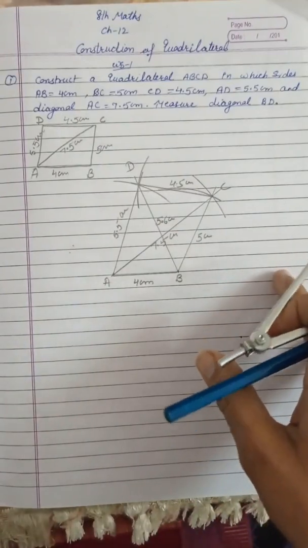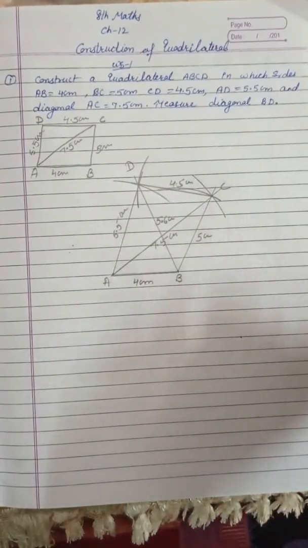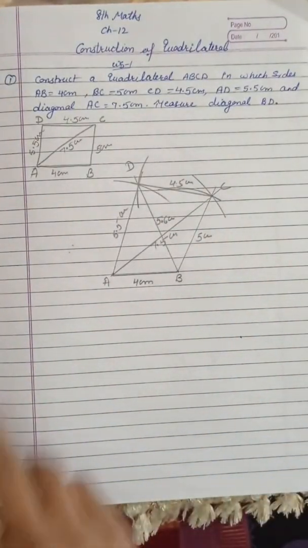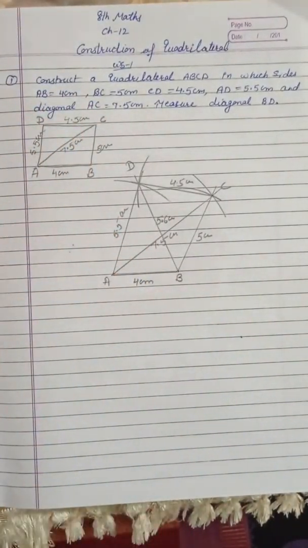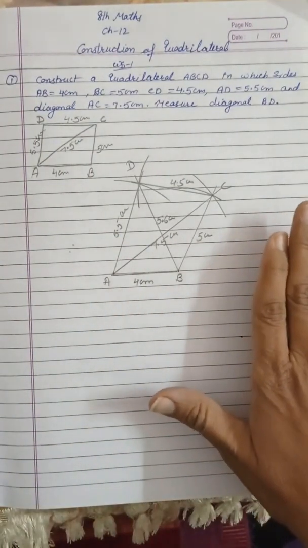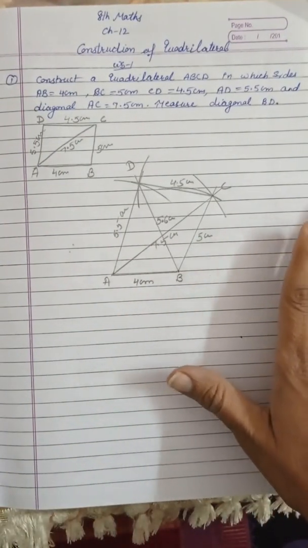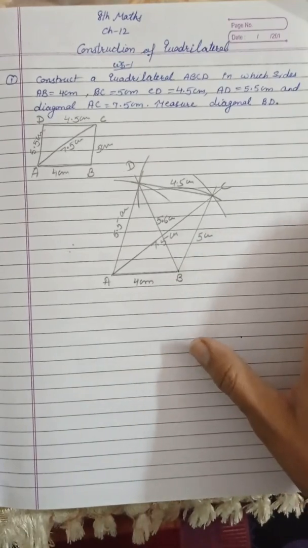And when you read all the statements of this worksheet number 1, you will find that all the sides and one diagonal are given. You will find this in all the statements, and similarly you can draw the other diagrams. Now you can draw all your questions.